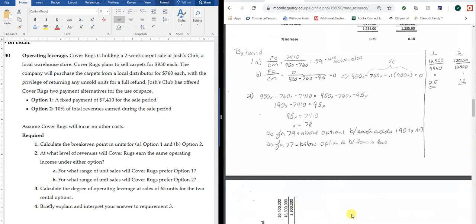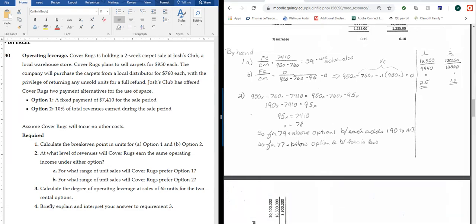The degree of operating leverage, remember your income statement. Picture this vertically. Sales minus variable cost is contribution margin, minus fixed cost is operating income. Okay, so you simply take your contribution margin divided by operating income. So let me scroll that over. So if you're going to solve for option 1,